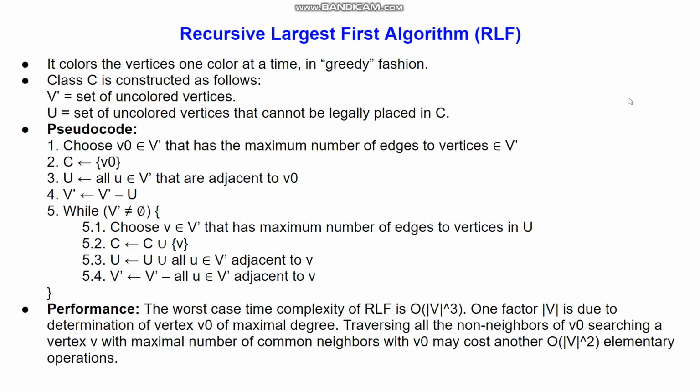So what we'll do, we will have an initial graph, then we will choose some vertex with maximum degree. We will keep it in, we will assign it a particular color, say red, and then we will remove all its neighbors and throw them out of the graph. Then in the remaining graph, we will again choose a node with highest degree. Okay, so the graph is getting updated dynamically, and in that we will choose the node with maximum degree and assign it color red, and then throw all its neighbors out. In a similar way, we will have a set of vertices such that they all have color red.